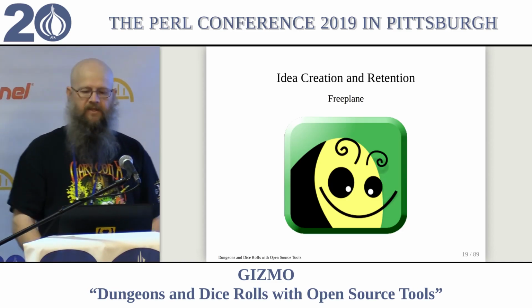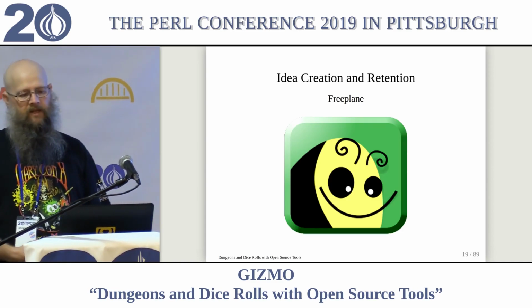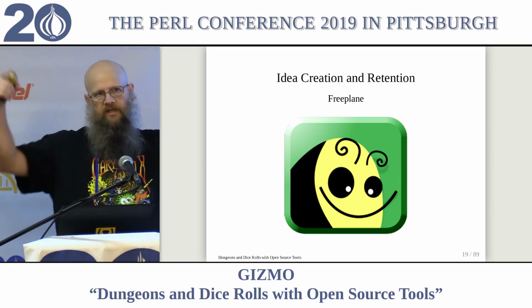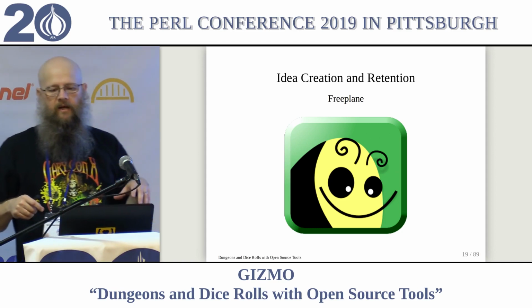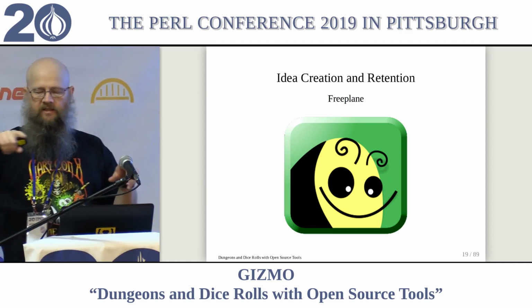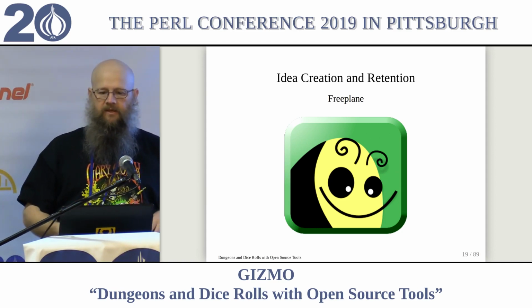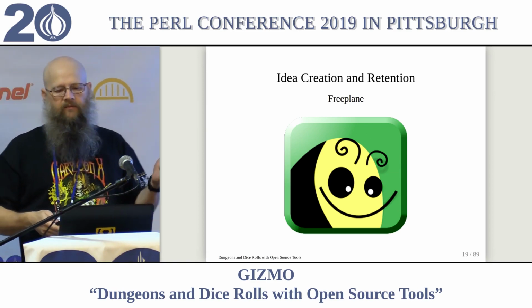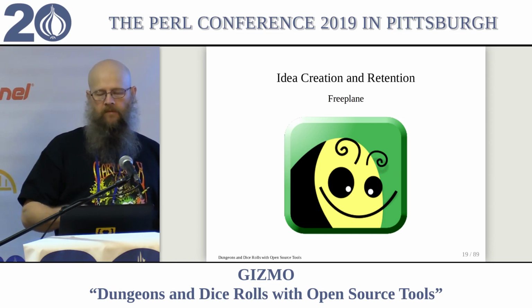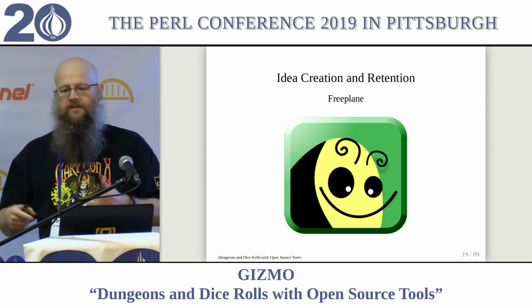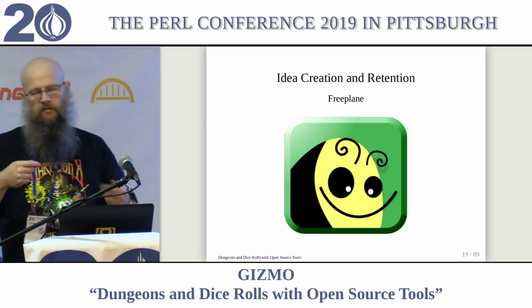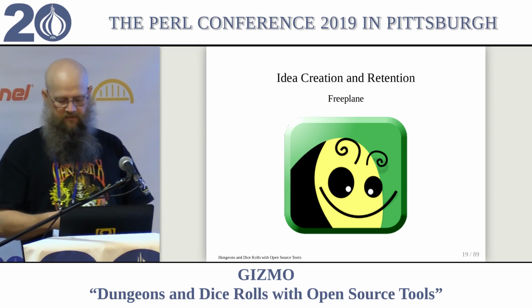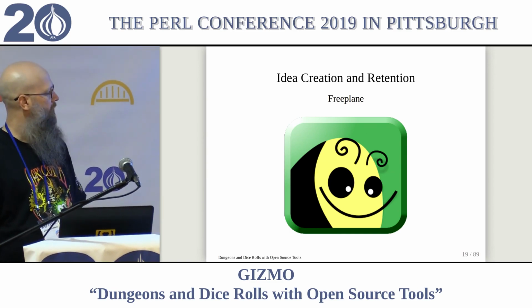For mind mapping software, I like to use Freeplane. Mind mapping software lets you write down ideas in no real order, and then you branch off on those ideas. It's kind of like a brainstorming session. And this could also be used to keep track of events that happened in your game, specifically those ideas you had, and the reactions of the setting to what the players did when they interacted with that encounter.